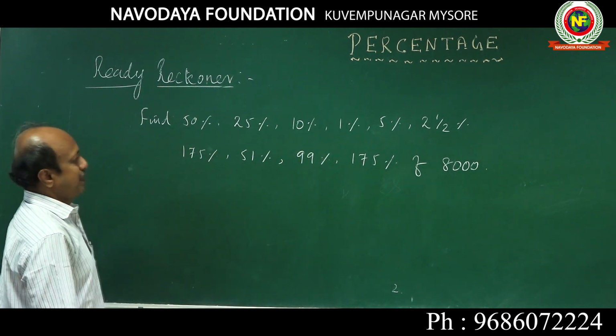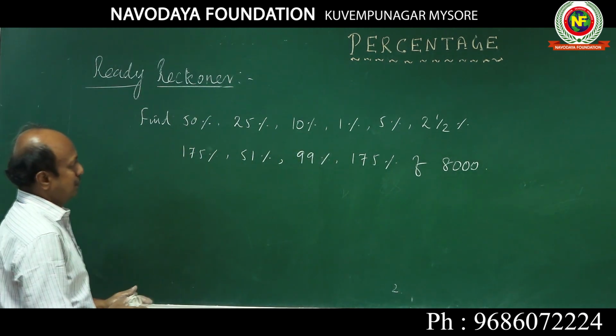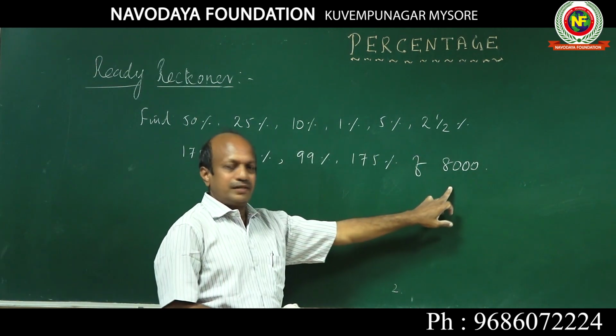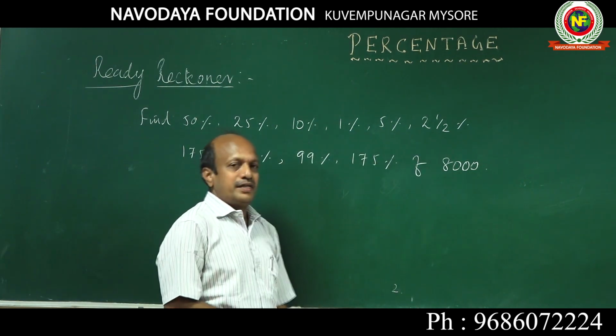What you have to find? You have to find 50 percentage of 8,000, 25 percentage of 8,000, 10 percentage of 8,000, 1 percentage of 8,000,